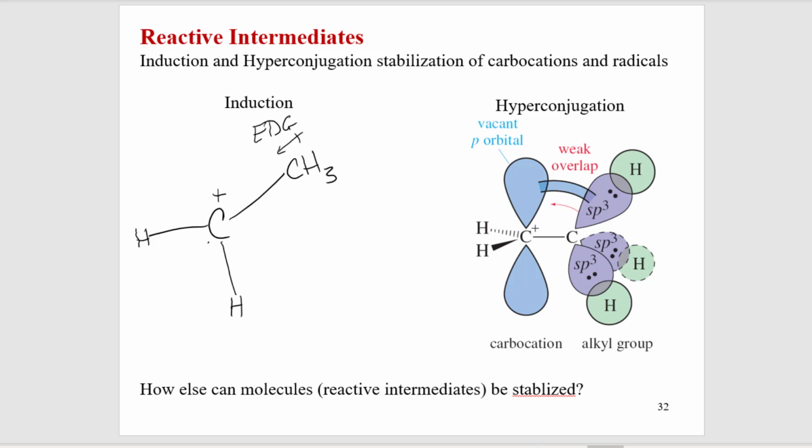So here I have a trigonal planar carbocation. And you can see this blue unhybridized p orbital. And what's happening is that you've got the tetrahedral bonds to the CH3. And though they're not perfectly aligned, obviously, if they were perfectly aligned, they'd be sharing electrons and forming a bond. But the tetrahedral sp3 orbital and the p orbital of your carbocation have a weak overlap. And it's the electrons that are in that bond, the sp3 orbital bond with the hydrogen, that lend a little